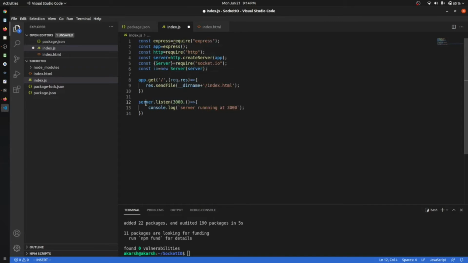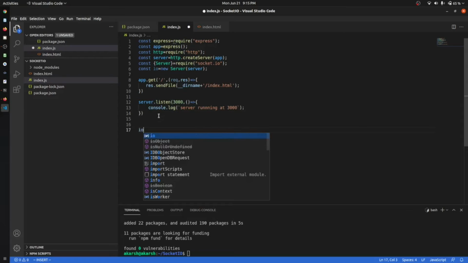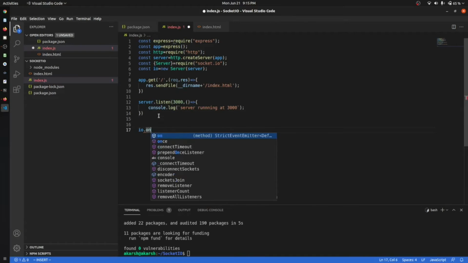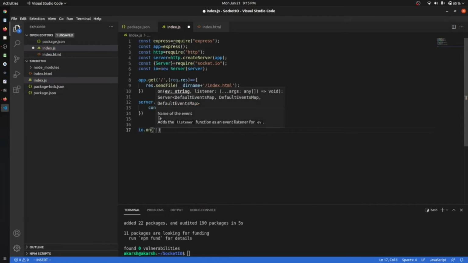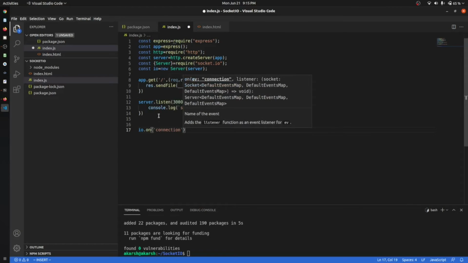After our server has started, we will check io.on with the word connection, and inside this we will have a socket.